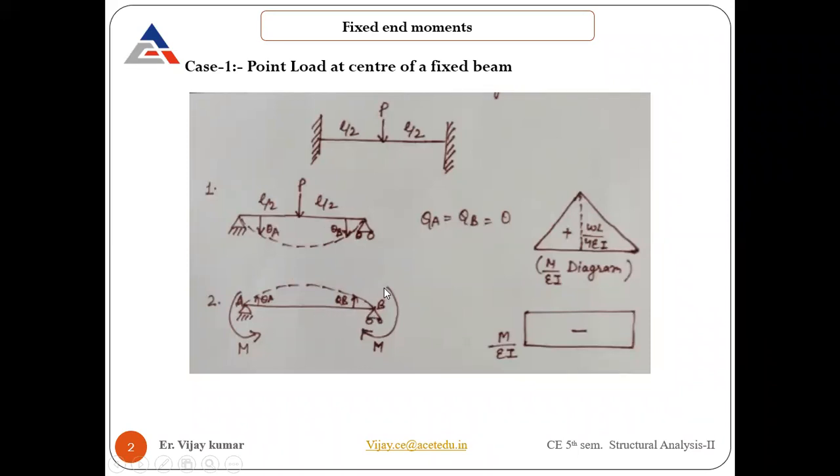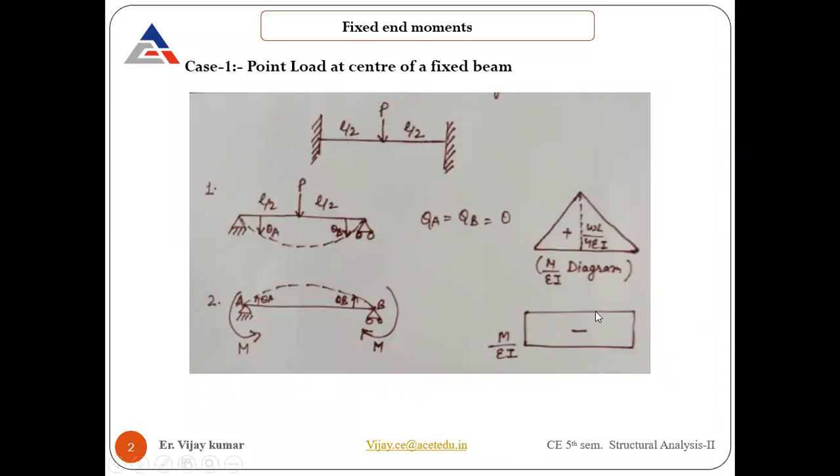In this case, if you draw the bending moment diagram, the magnitudes of the moments are the same, so the diagram remains linear, but one will be upside and the other continues till this point, and then you have to draw like this. This is the basic fundamental to draw the bending moment diagram. Now you either need to superimpose these or these, so ultimately we need to do that. So this is the M over EI diagram. Now we know the change of slope between point A and B will be equal to the area of the M over EI diagram between those 2 points.